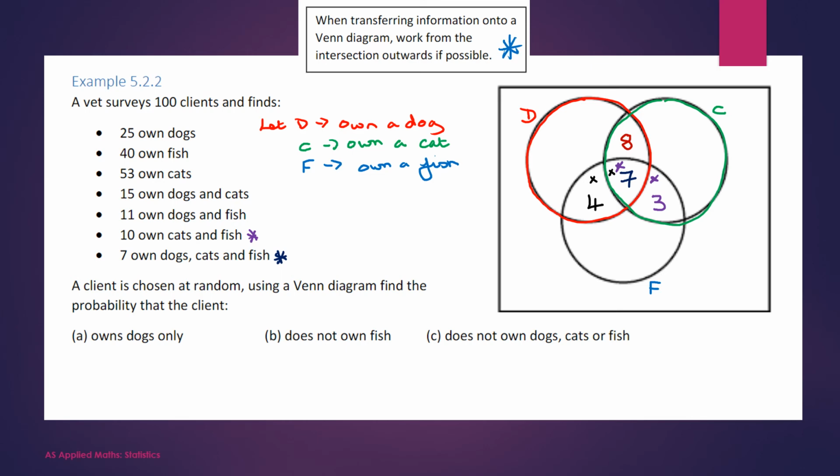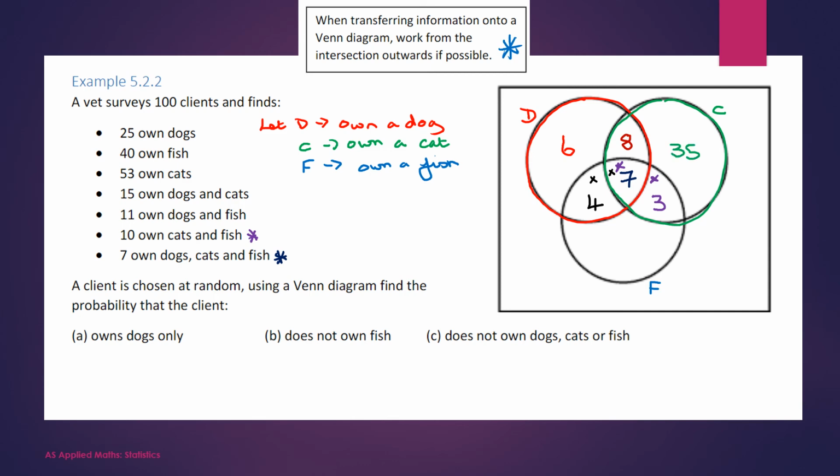Now you can build up with just the dogs, just the cats, and just the fish. So we know that we need to have 25 dogs in total. So I've got 8, 7, 4. So I know that this section here has to be 6. So that 8, 6, 7 and 4 are adding up to 25. For the cats, I want to have 53, sorry. So it's got to be 8, 7 and 3. So I've already got 18. I want to get to 53. So that has to be